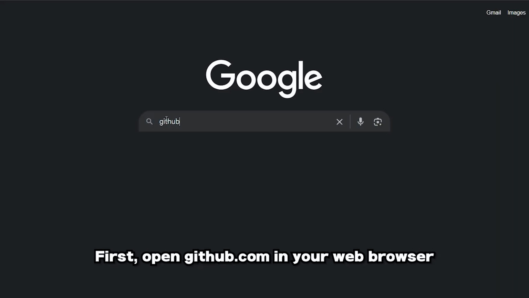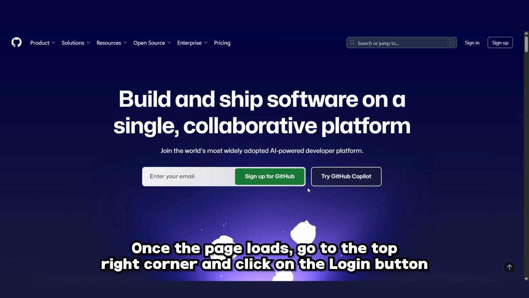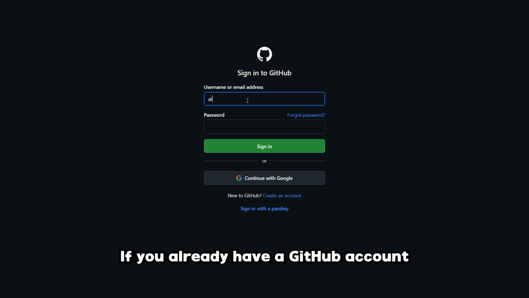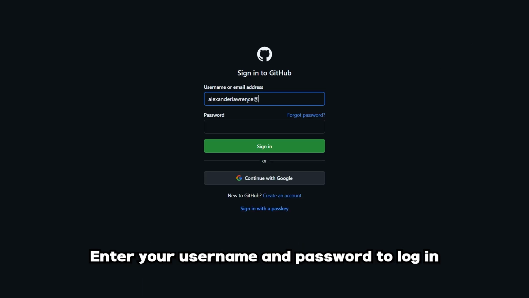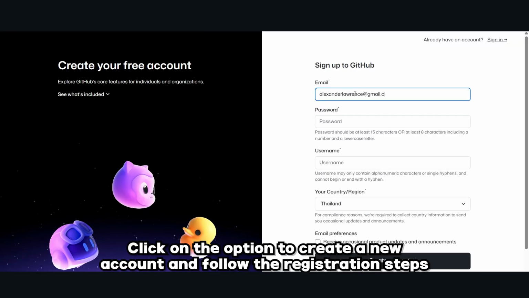First, open github.com in your web browser. Once the page loads, go to the top right corner and click on the login button. If you already have a GitHub account, enter your username and password to log in. If you do not have an account, click on the option to create a new account and follow the registration